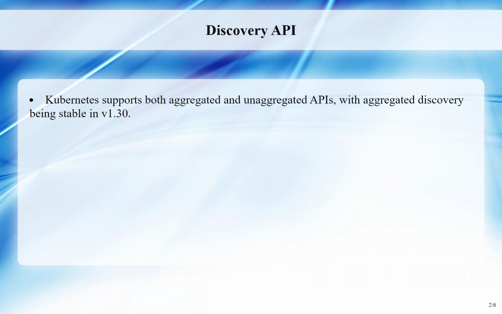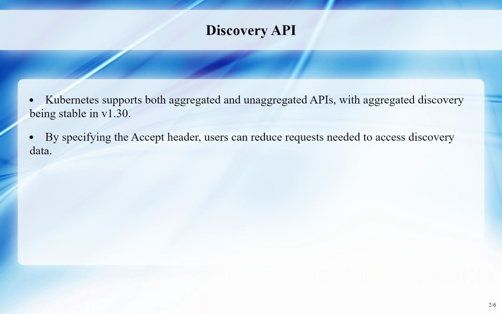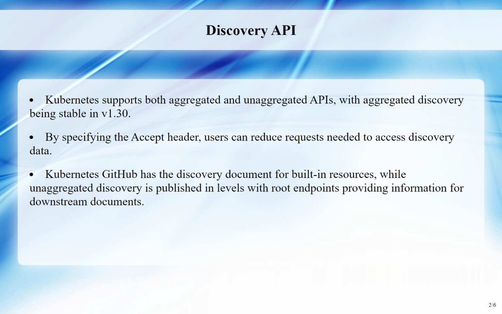Kubernetes offers support for both aggregated and unaggregated discovery APIs. Aggregated discovery is considered stable in Kubernetes v1.32, with two endpoints, /api and /apis, providing access to all supported resources in a cluster. This reduces the number of requests needed to fetch discovery data. By specifying the accept header with the resource type, users can access the aggregated discovery resource. The discovery document for built-in resources can be found in the Kubernetes GitHub repository for reference if a cluster is